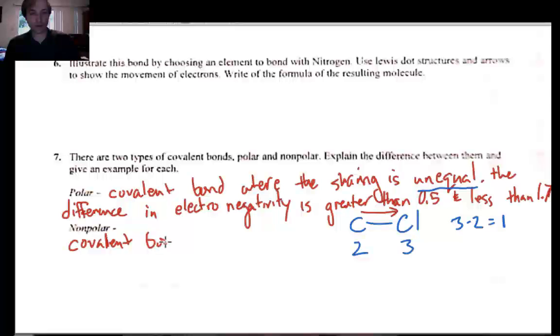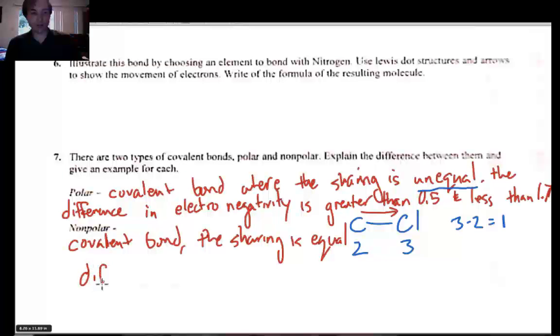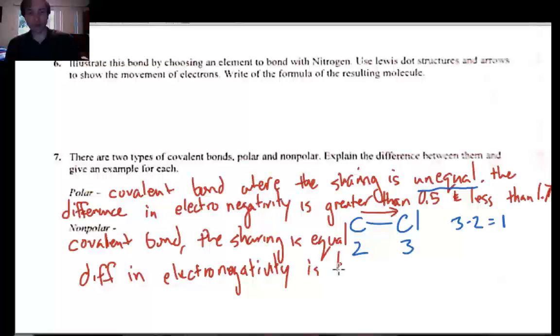So a covalent bond where the sharing is equal, and the difference in electronegativity is less than